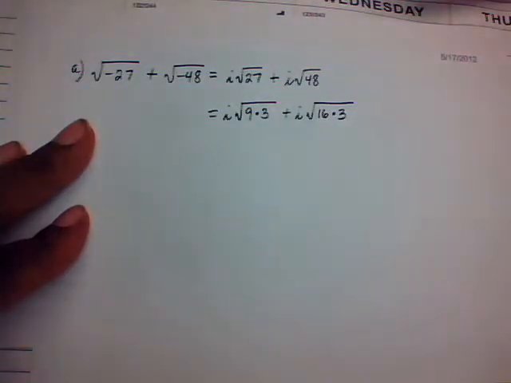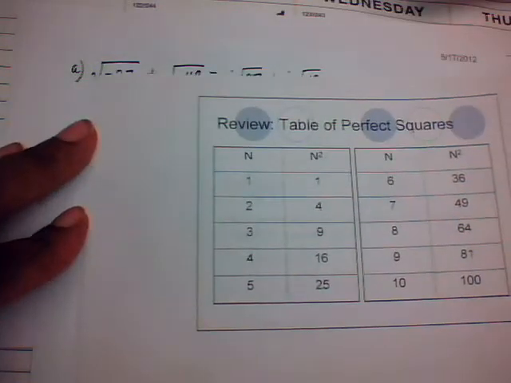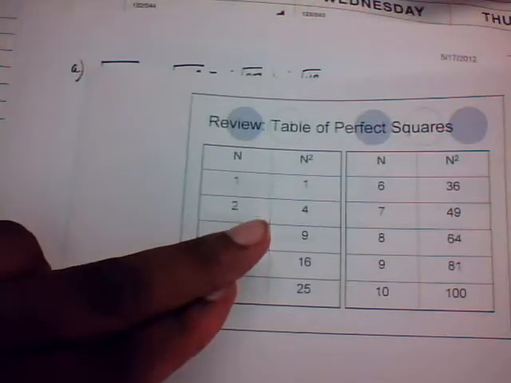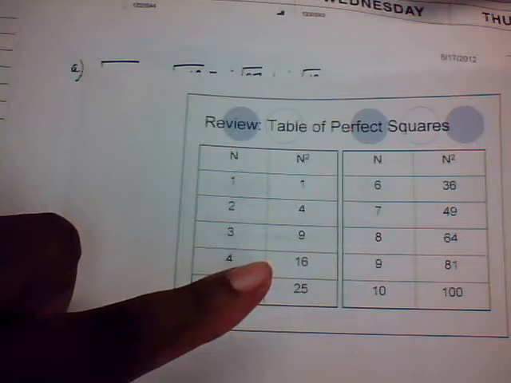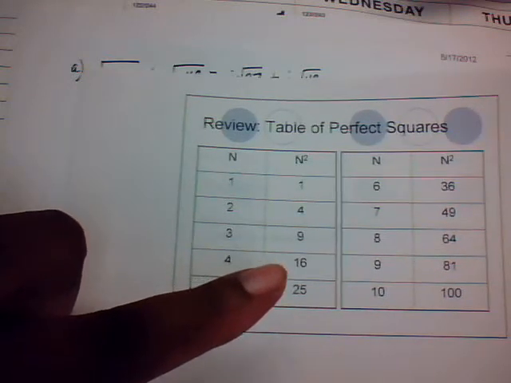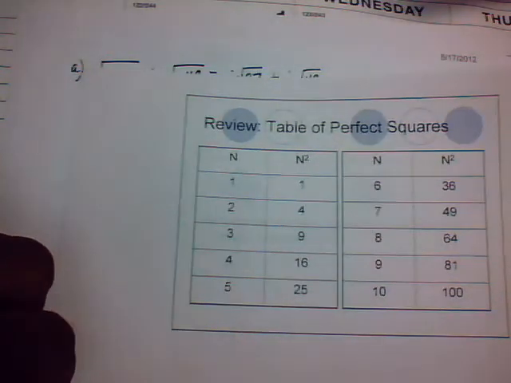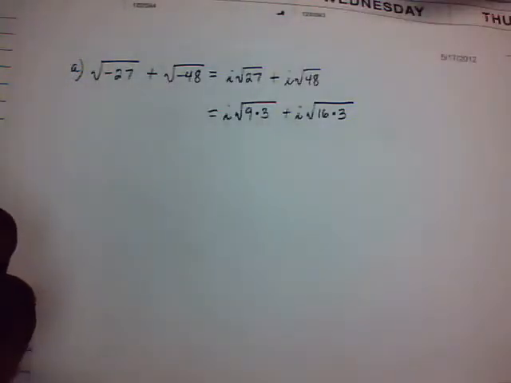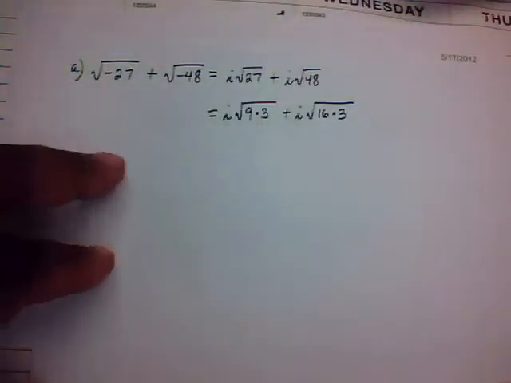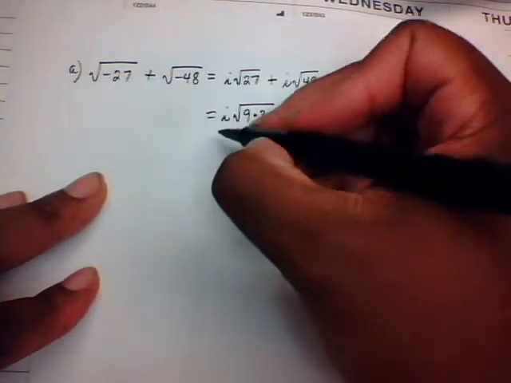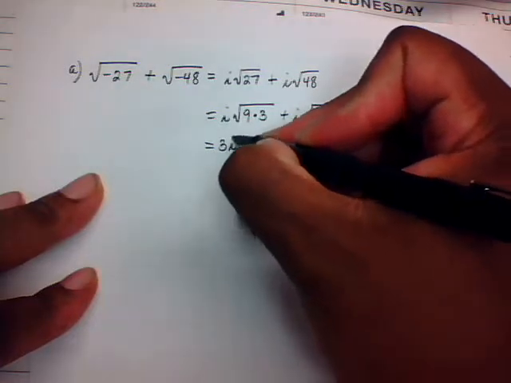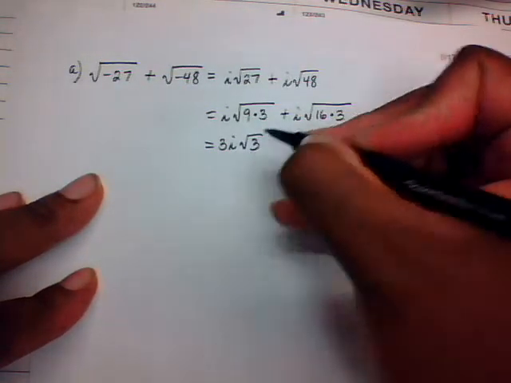Now you can go back and use that table of perfect squares that I showed you in the video earlier. For 27, we know 9 goes into 27 3 times, and for 48, 16 will be the largest perfect square that goes into 48 3 times, so we can use that. Since 9 is a perfect square, we can take the square root of 9, that's 3. So now you're going to have 3i square root of 3